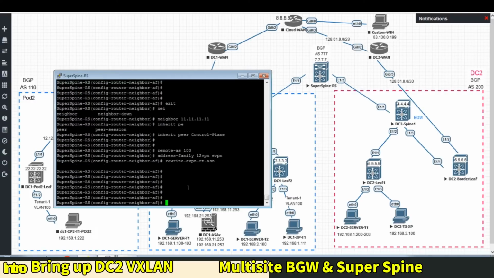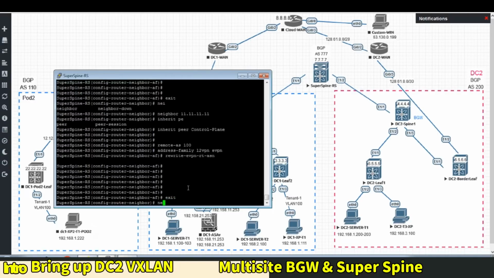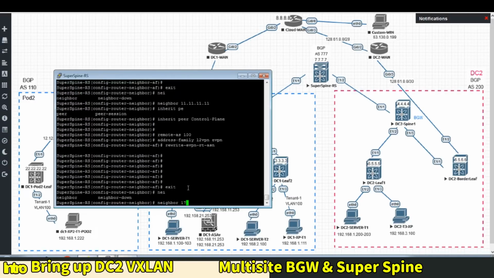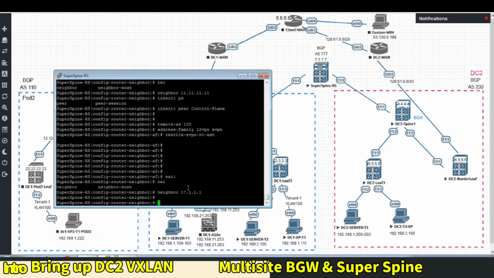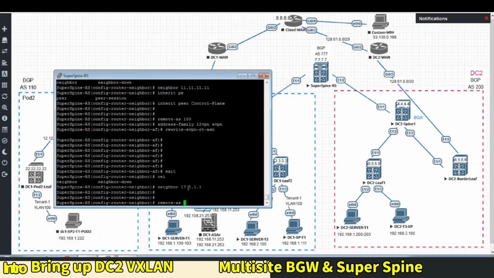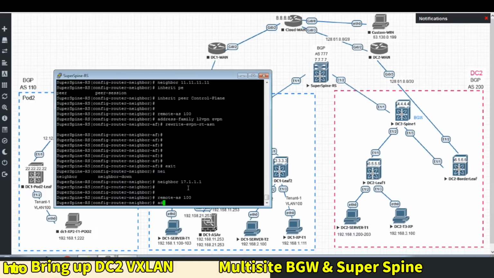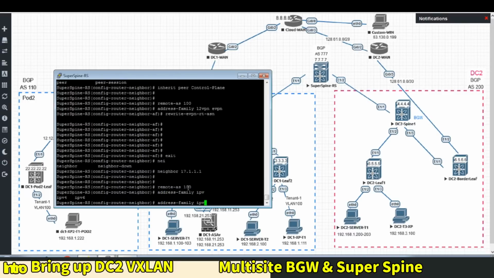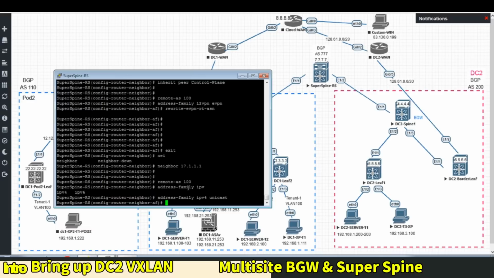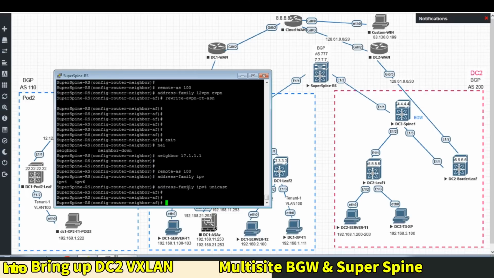And we need a normal BGP neighbor to the physical interface. Because this is to remember to redistribute to BGP my loopback interface IP 7.7.7.7, I will tell the BGW in